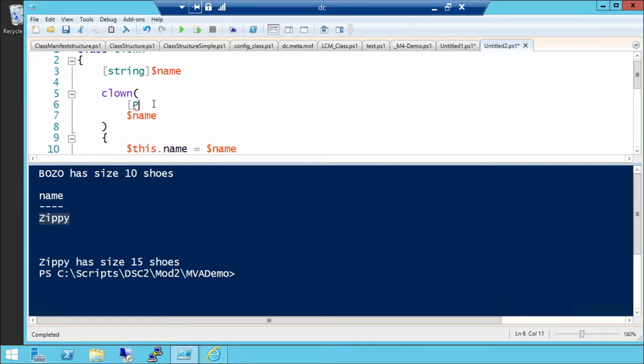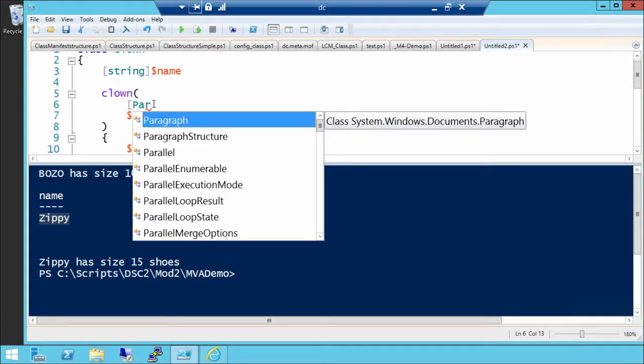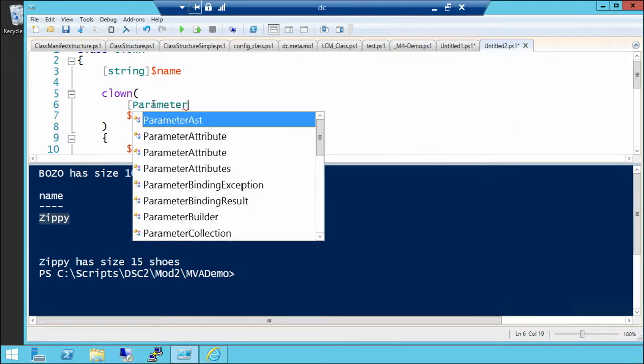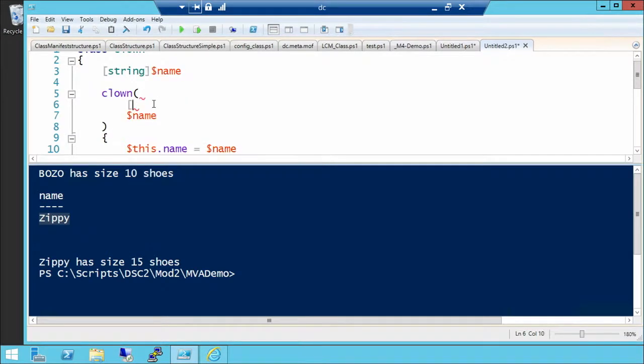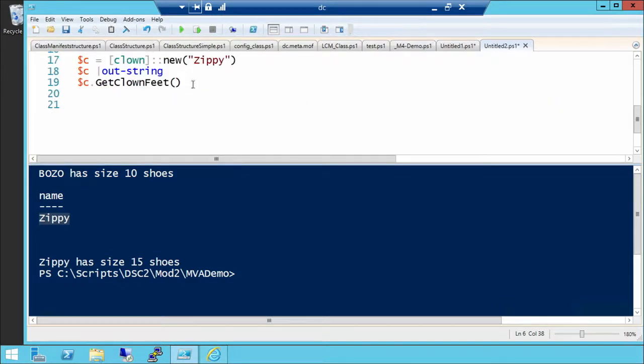Can I say parameter? I'm not sure. Let's try this. Validate set. Bozo, Zippy, and then, to see if that actually works, what I'd do is I'd say,